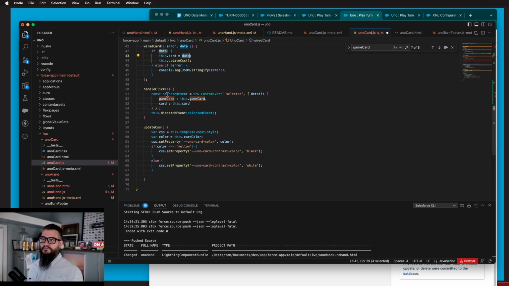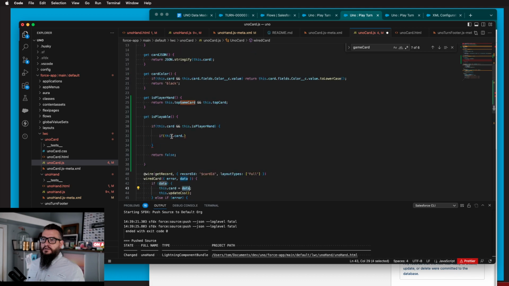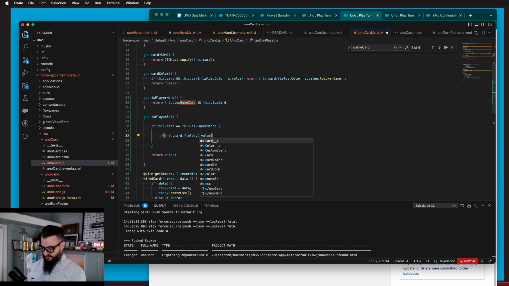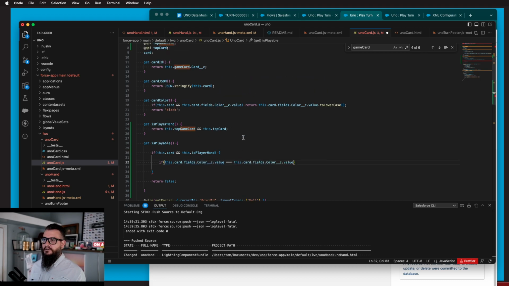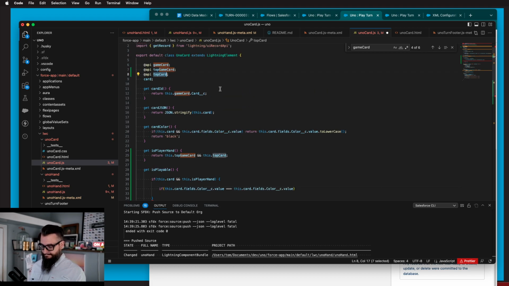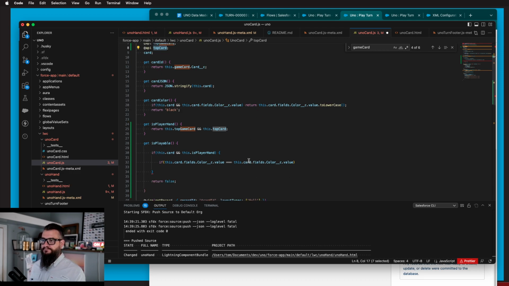All right, if this dot card dot color equals, I think we're getting the data in the same format, this dot top card, okay, if those are the same,